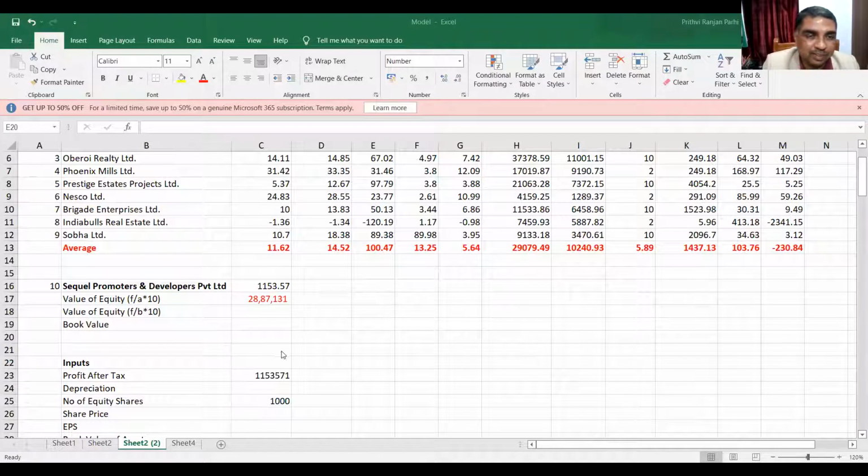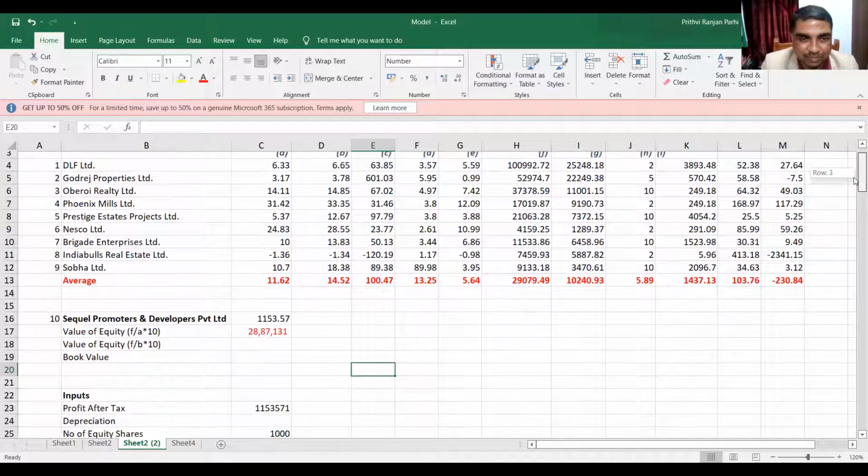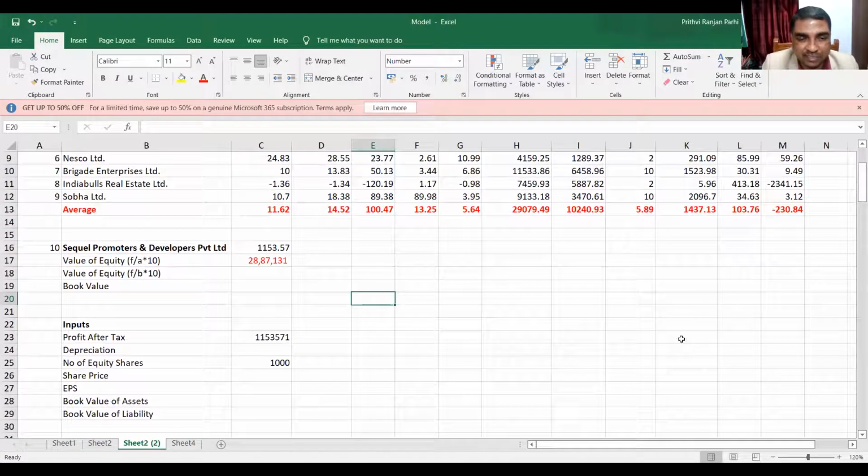Now let me do it on some other basis. EPS you have found out. Let us say I'm calling it the cash earning per share. What is the cash earning per share? Now, if you look at their financial statement,